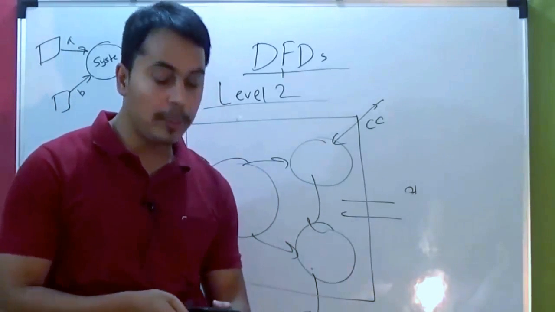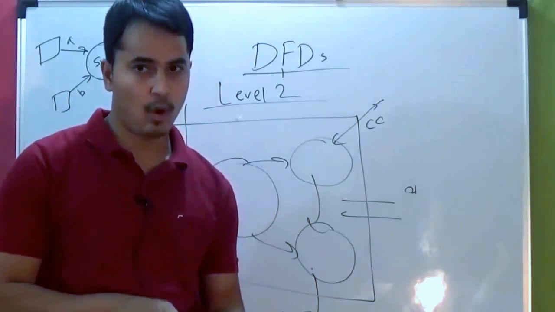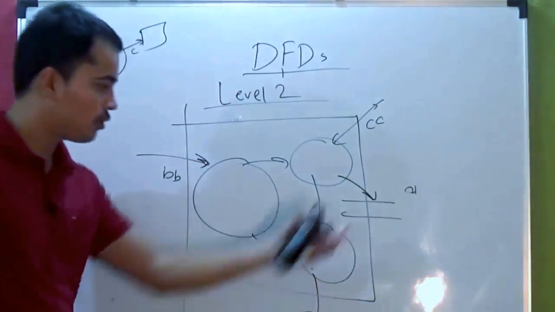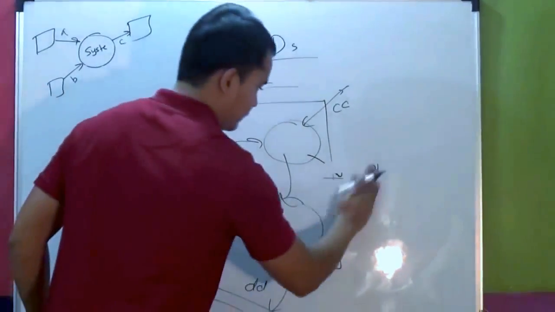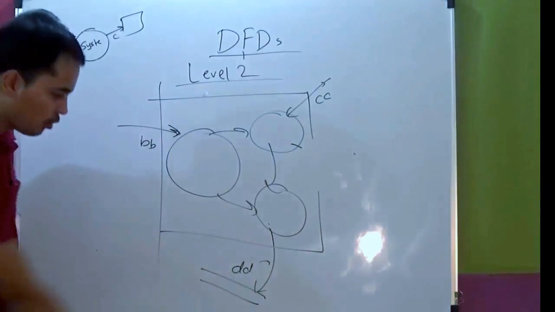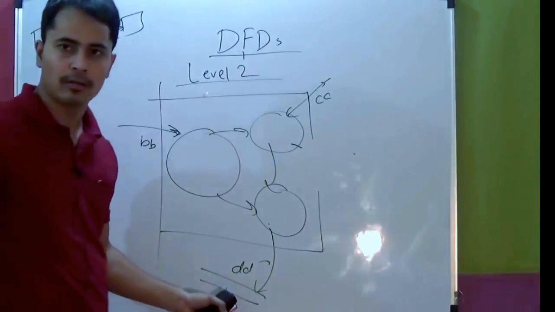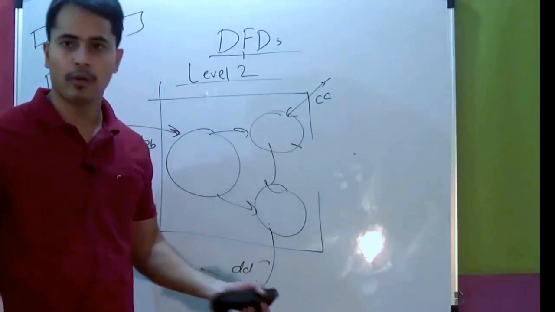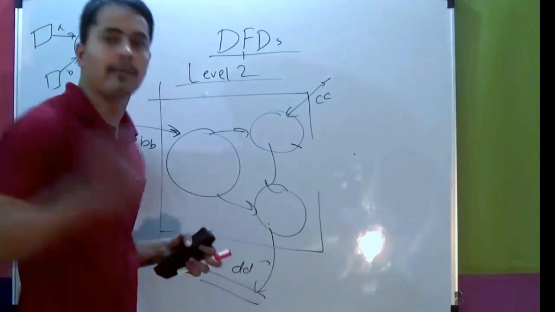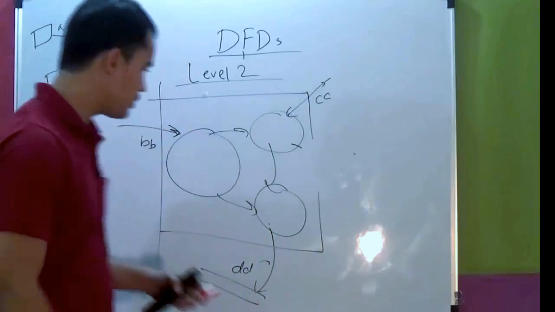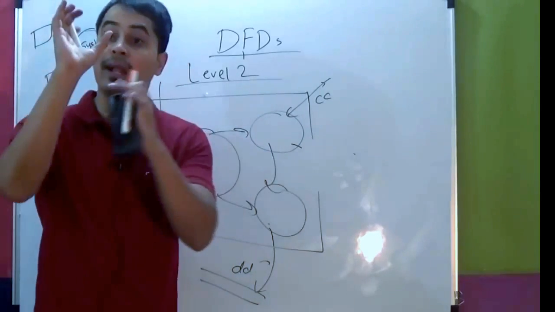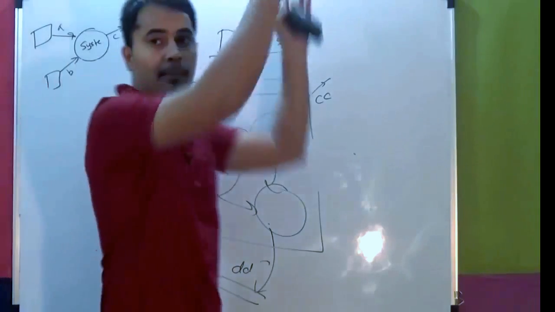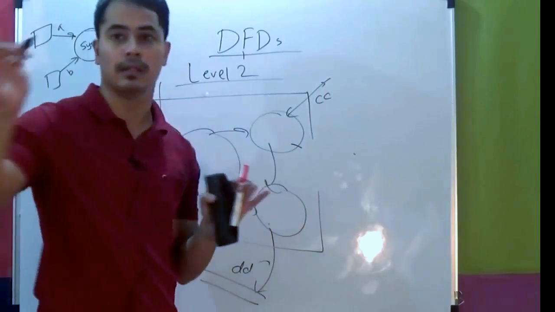Data stores could be a sink or source in the level 2 diagram. Here you can have a data store which only is receiving, for example this. This is a data store, it looks like a black hole, right? It's only receiving the input flow, there's no output flow. Right. But it is allowed in level 2. Why so? Because we are only focusing on one sub-process from level 1. There are so many sub-processes in level 1, we are only focused on one.